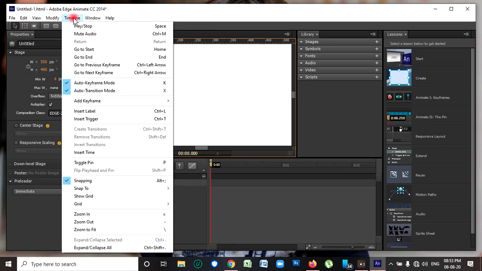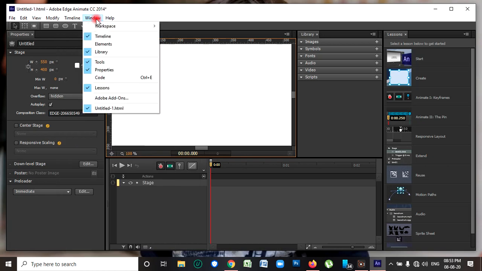Next is Timeline. Timeline is used to play and stop the project. Where we have to start, go to the start, go to the end, it is used to play your projects. Now Window, it is the most important feature to hide and enable the tools.